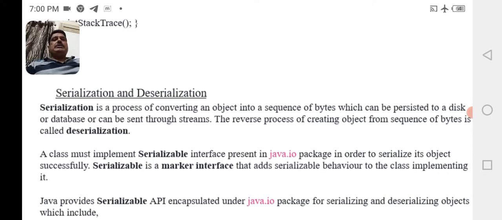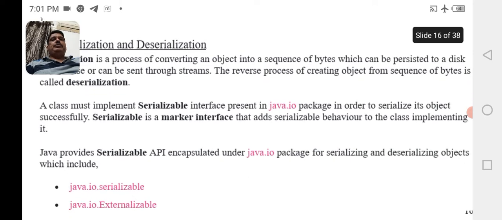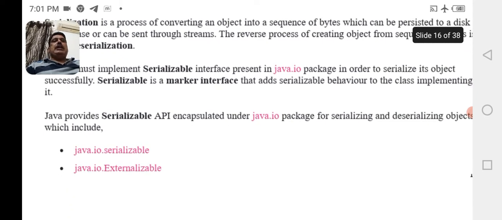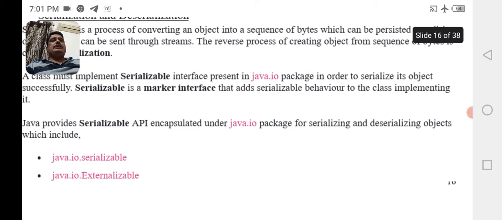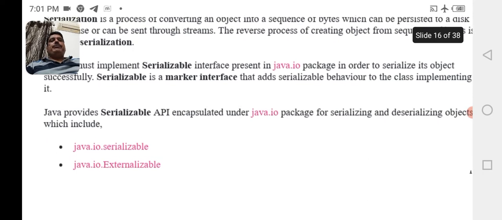A class must implement the Serializable interface present in the java.io package in order to serialize its object successfully. So Serializable is a marker interface that adds serializable behavior to the class implementing it. Java provides a serializable API encapsulated under the java.io package for serializing and deserializing objects, which include